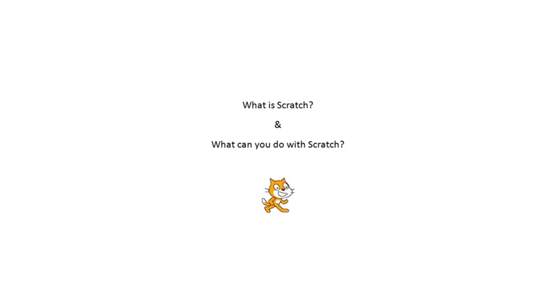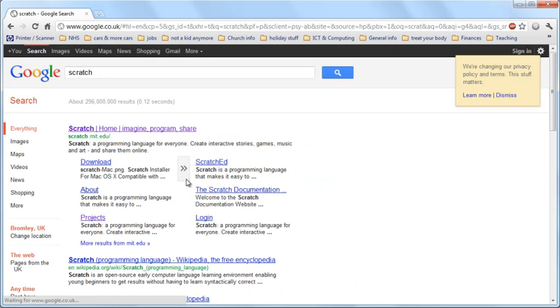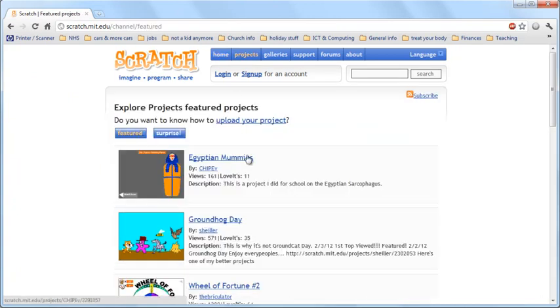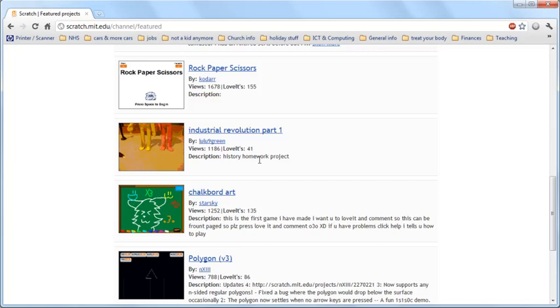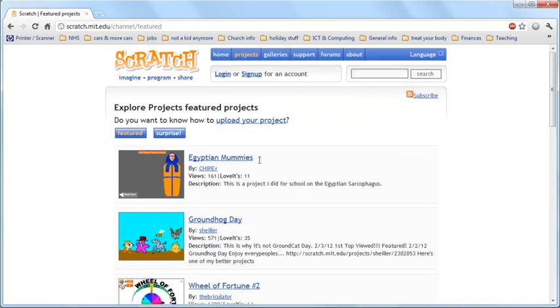Now, quickly I can show you on the Scratch website. If I go here, there is an option called projects, and I can see a list of projects that has already been created. Moving on,